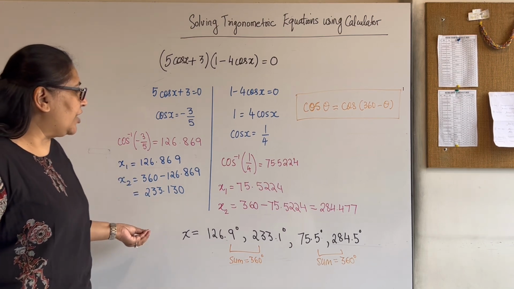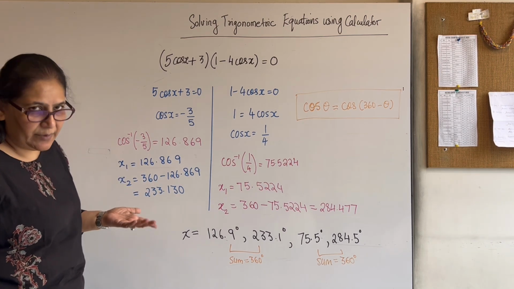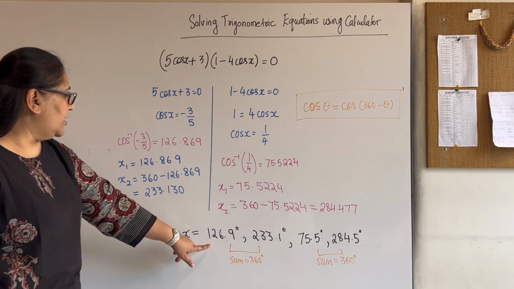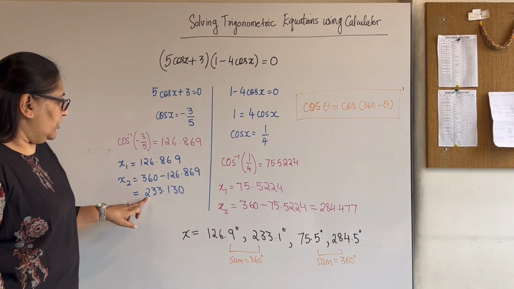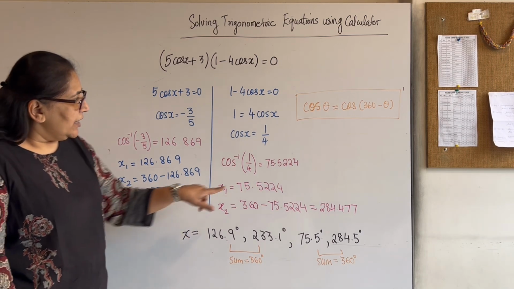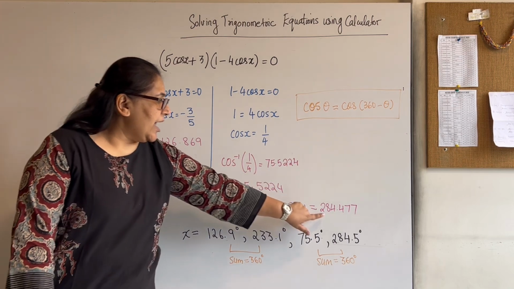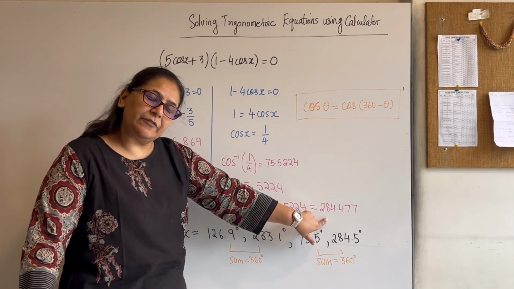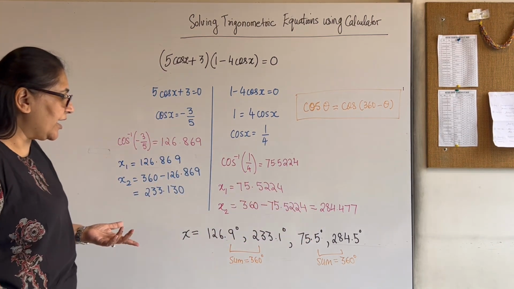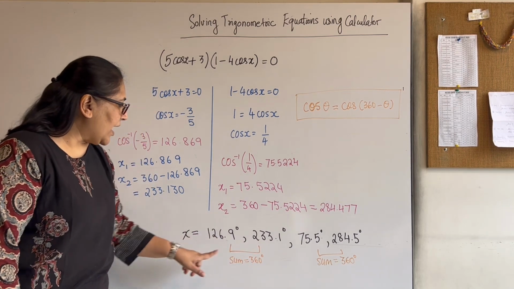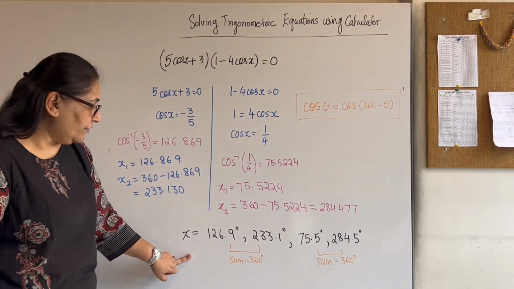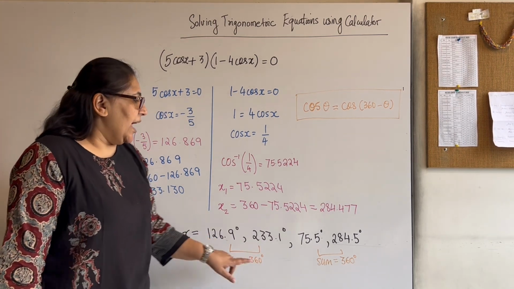The final four answers are all rounded to one decimal place. So the answers are 126.9, 233.1, 75.5 and 284.5. As an additional check, if we add the two angles for which cos x is negative, the sum is 360, and if we add the